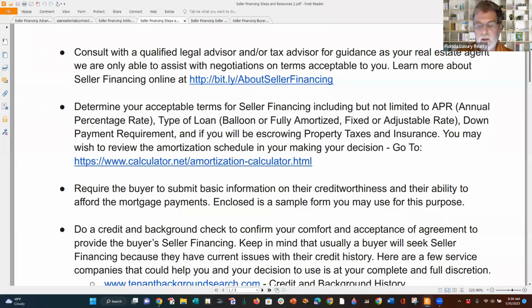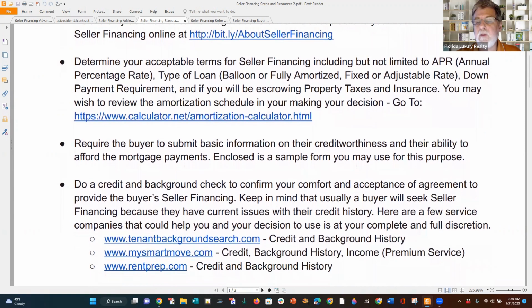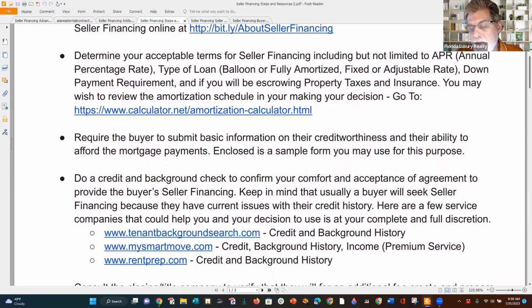They should do this in advance of getting an offer, but they need to determine acceptable terms for seller financing, including but not limited to their APR or percentage rate, type of loan, balloon or fully amortized, a fixed or adjustable rate, down payment requirements, and whether they're going to be escrowing property taxes and insurance. Probably not something I would advise them to do, but they wouldn't want to learn that the property taxes are not being paid, but